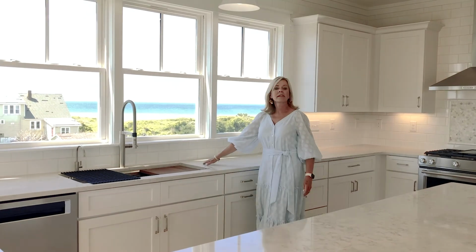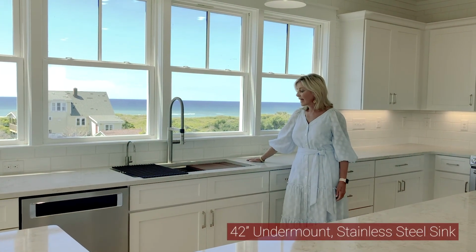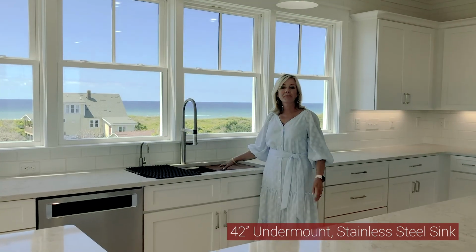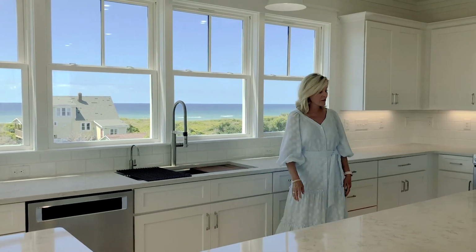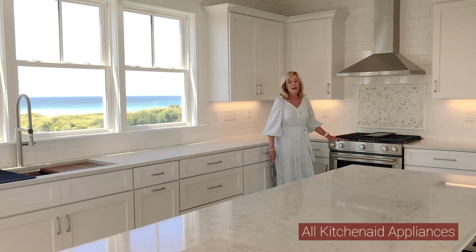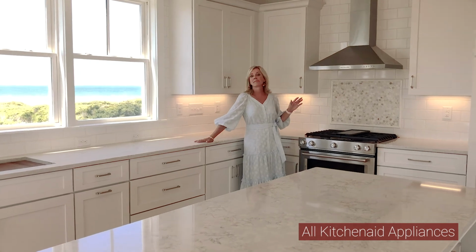The sink is a 42-inch undermount stainless steel sink. It has a colander, a cutting board, and a grate. A dream for anyone who loves to work in the kitchen. All of the appliances are KitchenAid. They're all stainless. It has a dual oven, gas cooktop, and electric oven, which I think is the best combination